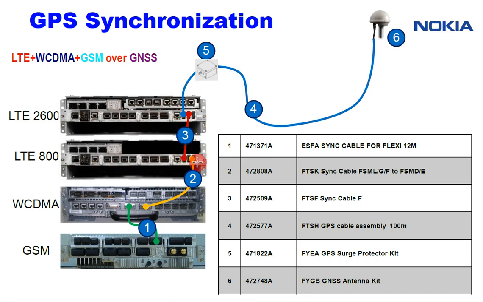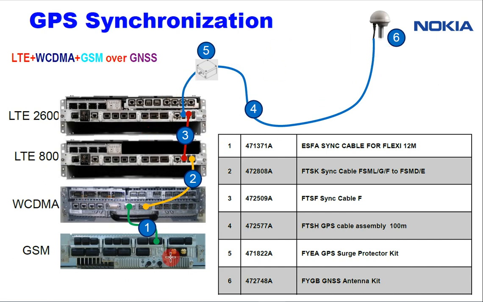Okay, and again we need to connect in WCDMA, that is 3G, and 3G to 2G. It means our GPS synchronization will be 4G higher to 4G lower, 4G to 3G, and 3G to 2G. This type of sync we have to do